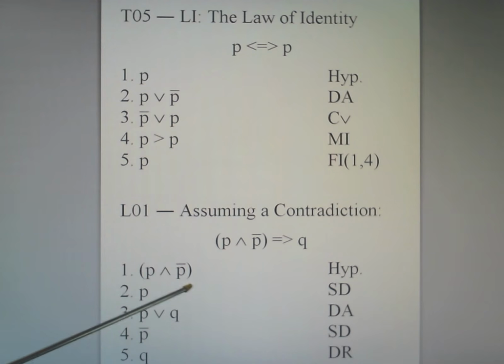Again, applying symbolic deduction to this and statement, I can assert the truth of the second component because if this is true, that will have to be true. And so I put it right down there, right, which gives me not-P. But now I have access to another rule of disjunction, which we have not seen, that allows me to reduce a disjunction. If I have a disjunction that I know to be true, and I find out that one of the sides is false, I know necessarily that the other side has to be true because this statement cannot be true with two false parts. So if this is true, and as this says, this is false, Q has to be true. And so I can put that right down there.